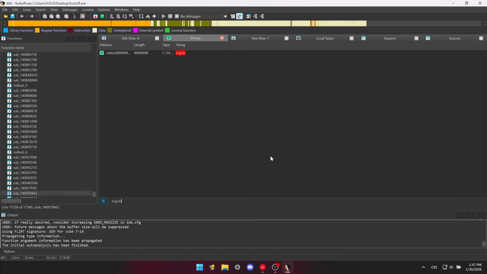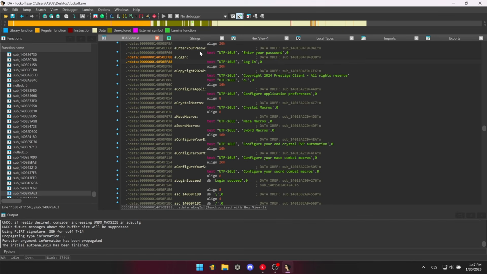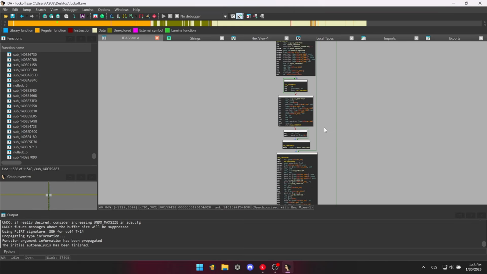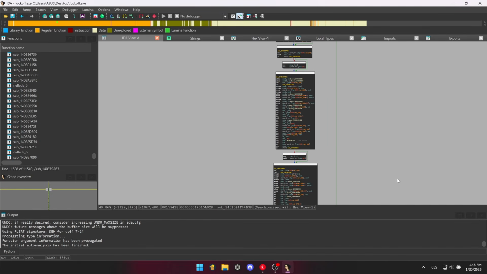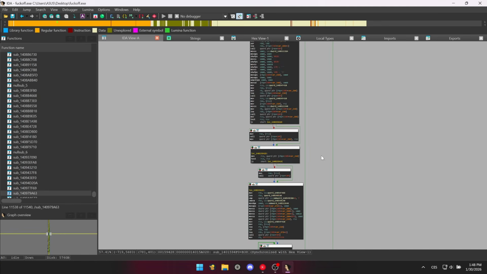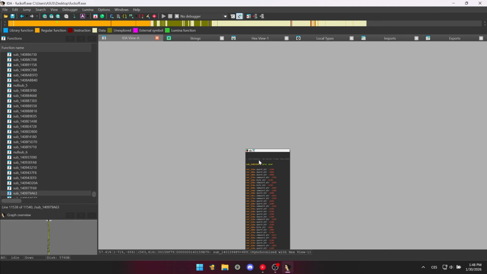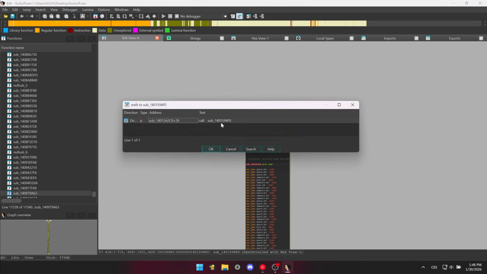Now press Ctrl+F, put in login, click on the white A login text, and press X to see where it is referenced and go to the result. As you can see, we are right at the login screen. You can confirm it by looking at some of the other strings, but yeah, you get the idea of where we can possibly be. Let's scroll up until you see a yellow subtext on which you click and press X